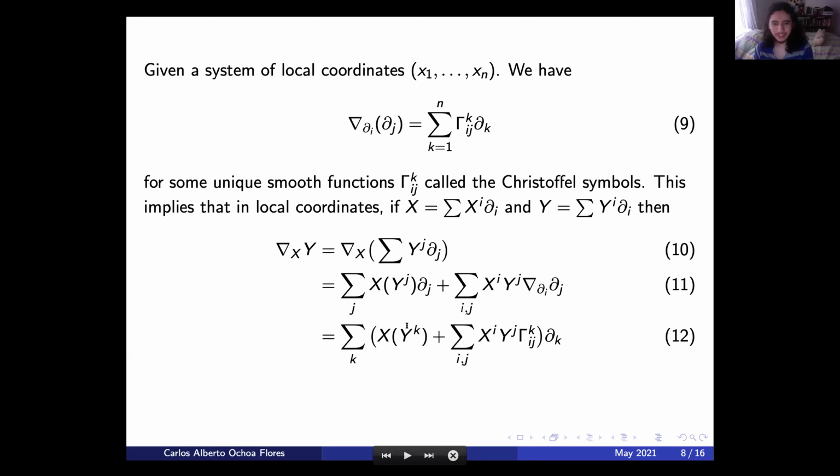Here I'm just writing y in terms of the local coordinates. Here I'm using the Leibniz rule. And here I'm using this idea of introducing the Christoffel symbols and then just changing the dummy index so that I can put everything together. And well, I don't know if you appreciate it because perhaps I explained it very fast, but here there